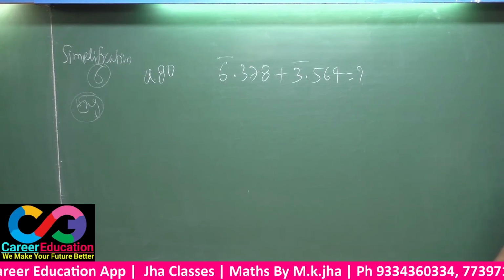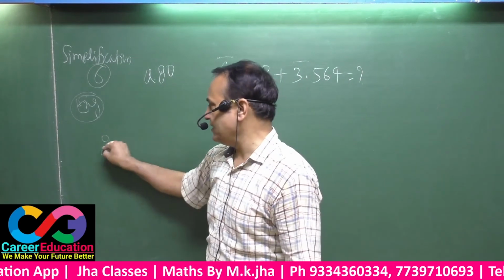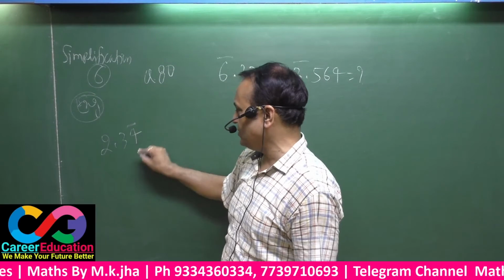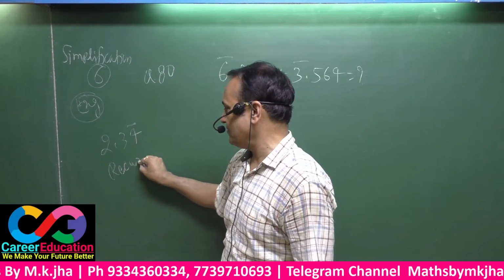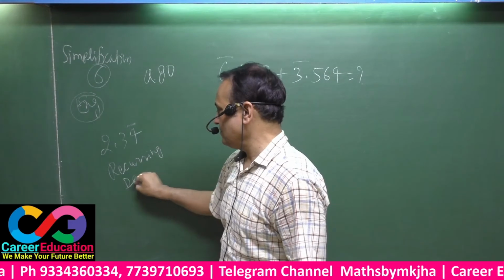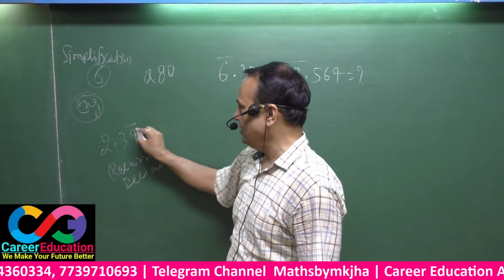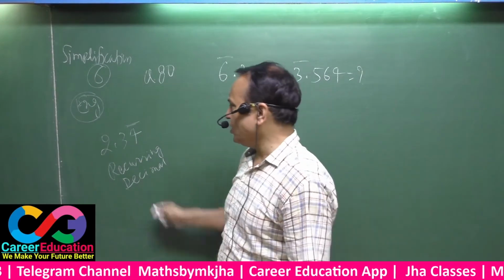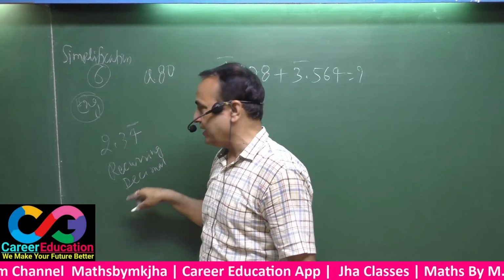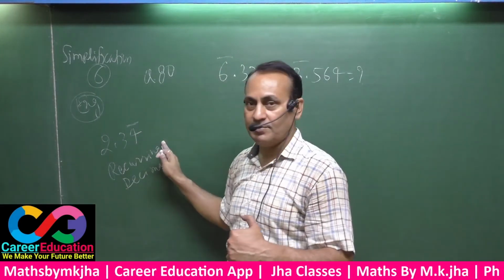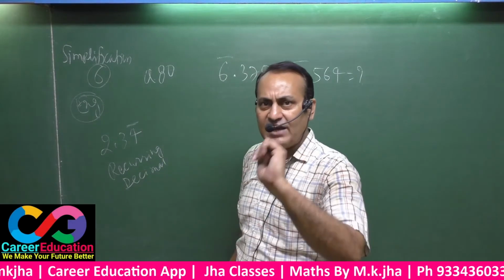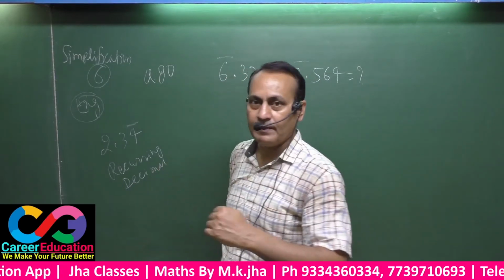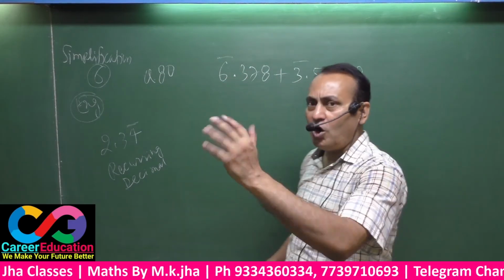See here, this is called recurring decimal. If you see a bar above some digit, some number, certainly this is called recurring if the bar is rightward from the decimal. If the sign of the bar is leftward from the decimal, that is not related to recurring. This is related to log or anti-log, you can say.